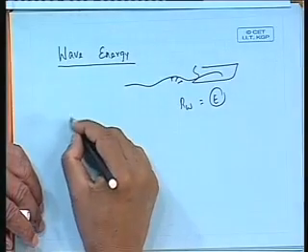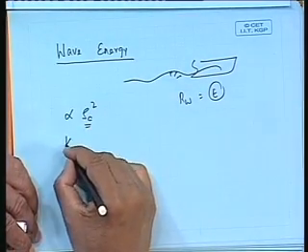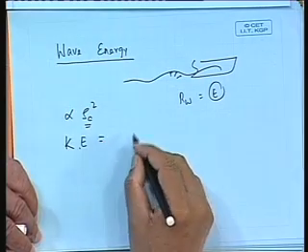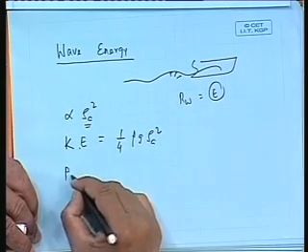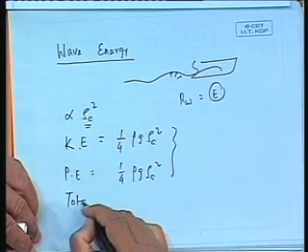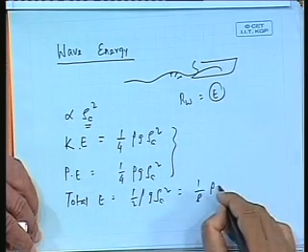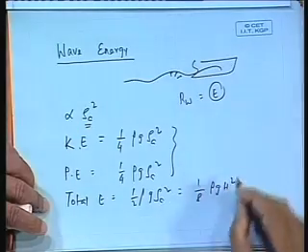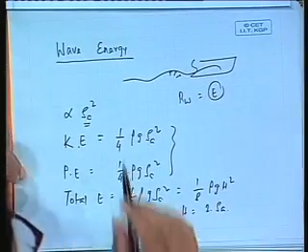Now what is wave energy? It turns out it is proportional to amplitude squared. Kinetic energy is given by 1/4 rho g xi_a squared, and potential energy is given by 1/4 rho g xi_a squared. They are the same. So the total energy you can also write as 1/8 rho g H squared, because height is 2 xi_a. Okay, see, now what I am saying here is interesting: